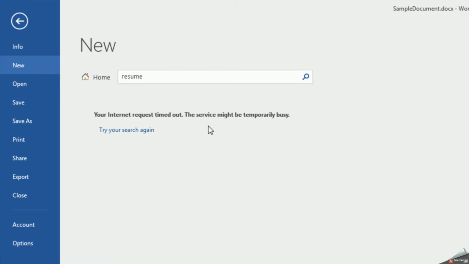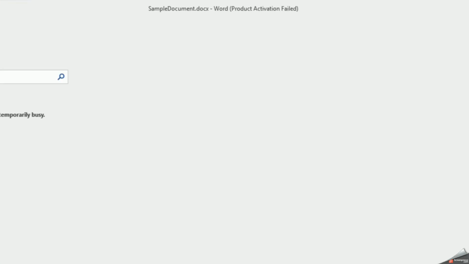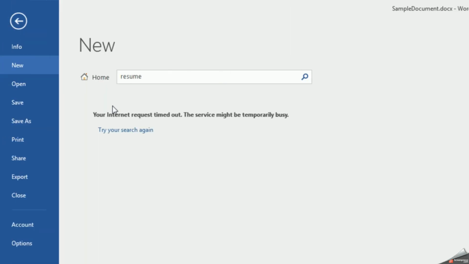Now there is some problem because I'm getting an error over here, that is the service is not available. Because I had already shown it to you, so let's go back. Moreover, here you can see product activation has failed, and I have purposely switched off all the communications with the actual Microsoft server here.